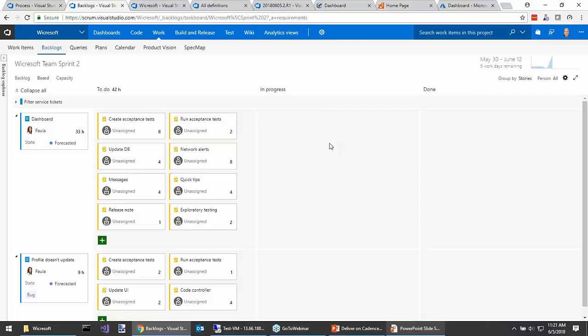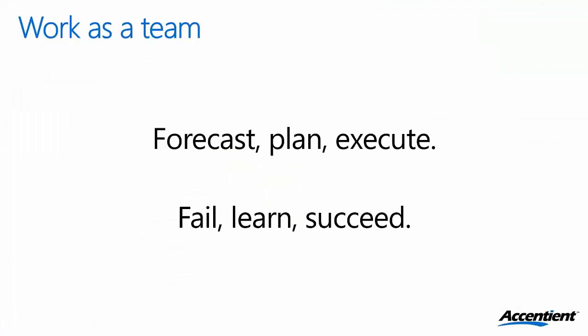I'm going to talk about execution here in a moment. I'm going to go back to the slide just for a second. It's also important that you have collective ownership of everything. Failing. Hey, you broke the build. No, we broke our build. Learning. Learning is important. You want to learn as a team. And that's why we have a retrospective event in Scrum. That's why at the daily Scrum, maybe we talk a little bit about what happened yesterday, maybe to learn from it as opposed to being a status meeting. And then, of course, success. So when we do hit the mark, hit our forecast, hit the sprint goal, deliver value, watch the stakeholders be happy, we did that as a team.